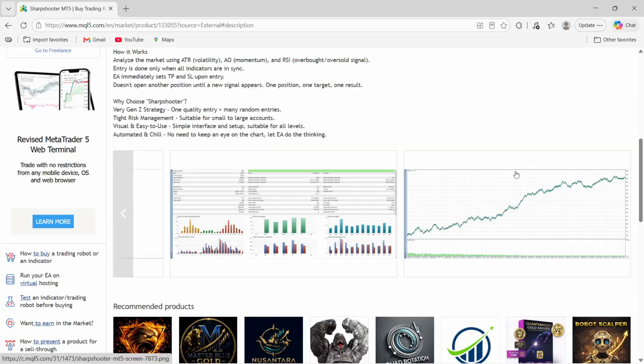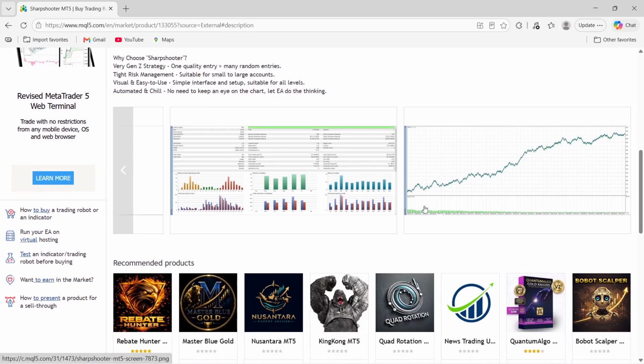So, who is this actually for? This is for traders who like rule based systems from a known developer and are willing to test thoroughly and adjust parameters. Good if you have time to monitor and optimize. You should avoid this EA if you're looking for quick profits, can't tolerate drawdown periods, or prefer fully hands off